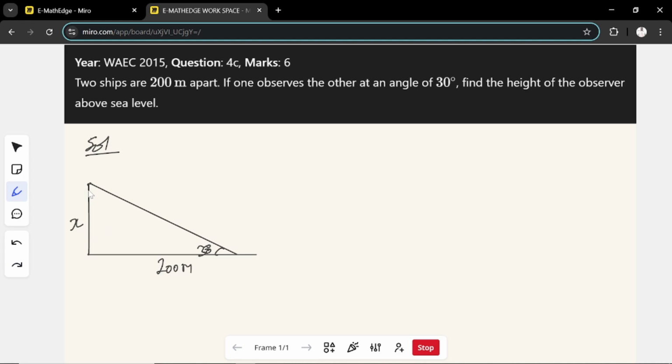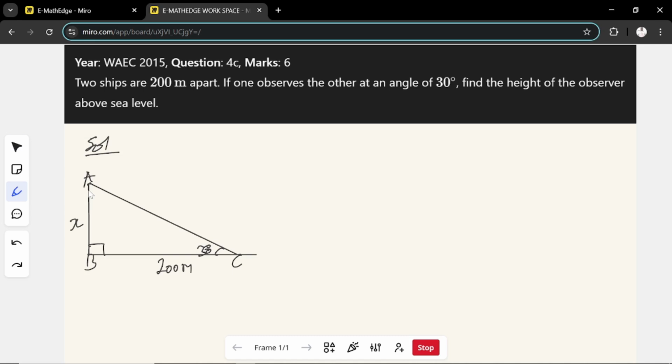So what they're actually saying is we are to obtain the length from A down to B, which we tag to be X. Mind you, 200 meters is given as the length between B and C. Now, this is a right angle triangle. Why? Because we have an angle 90 degrees here. So we were given the adjacent to be 200 meters, and we were asked to find the opposite, which we